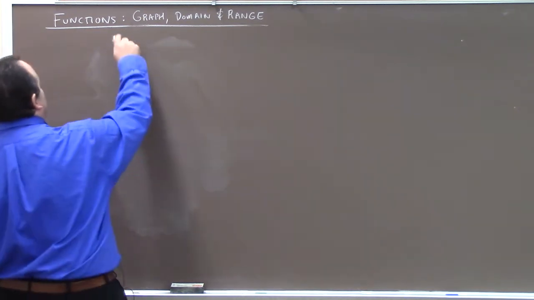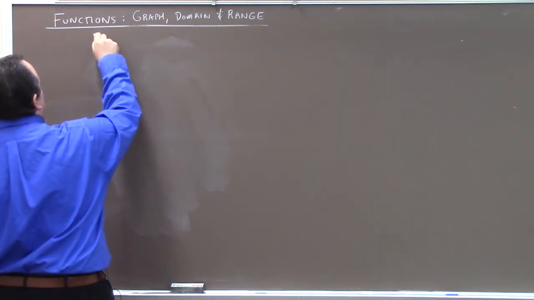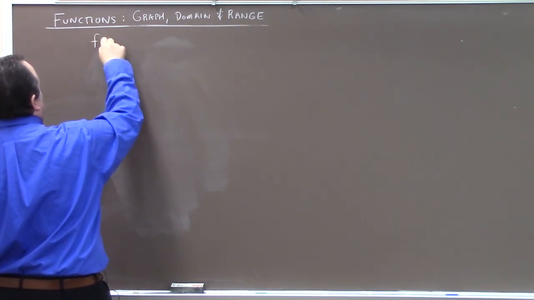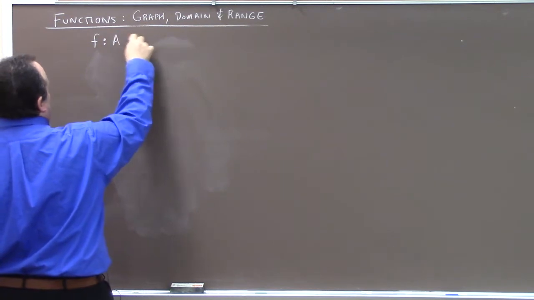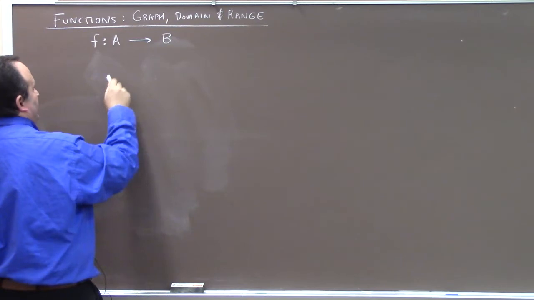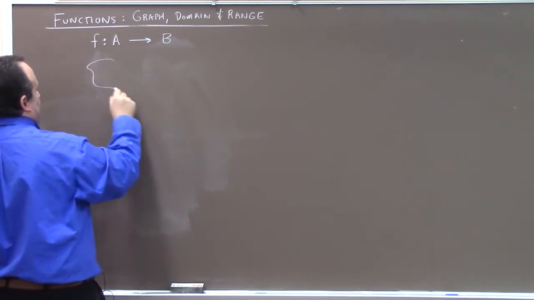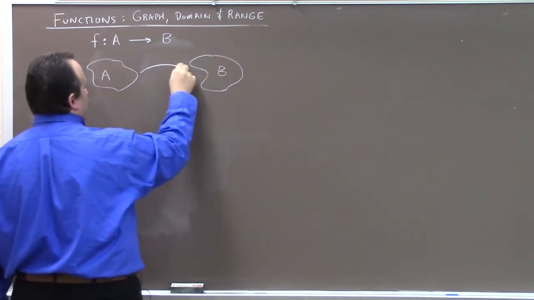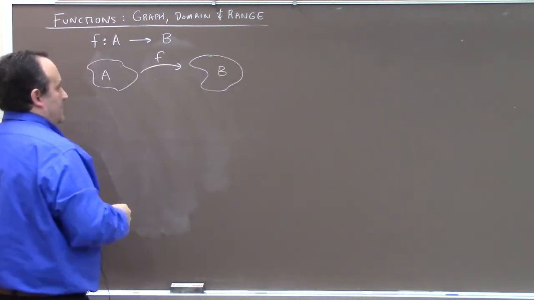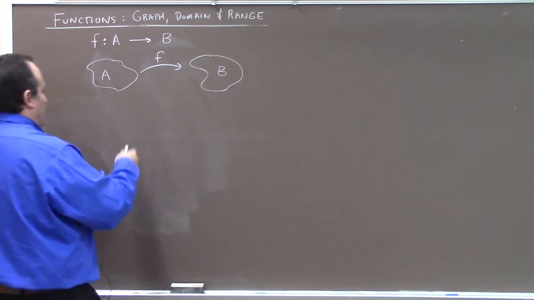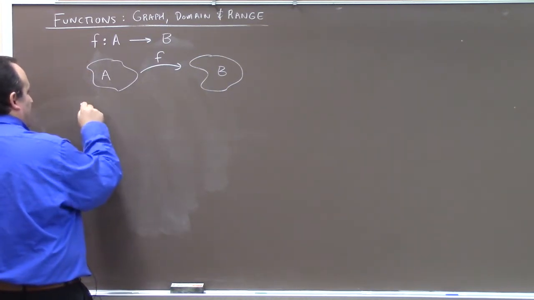I suppose that works. So mathematicians like to use this notation. f is a mapping from one set to another. You can sort of picture it. I picture it like this. I think of A as one thing, I think of B as another thing, and I think of f as some kind of thing that transports me from A to B. That's how I think of a function. But for us in here, we're mostly going to think of